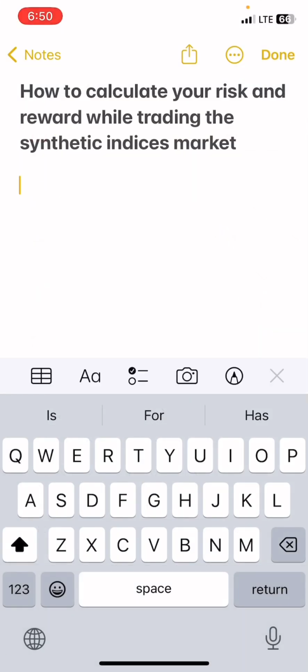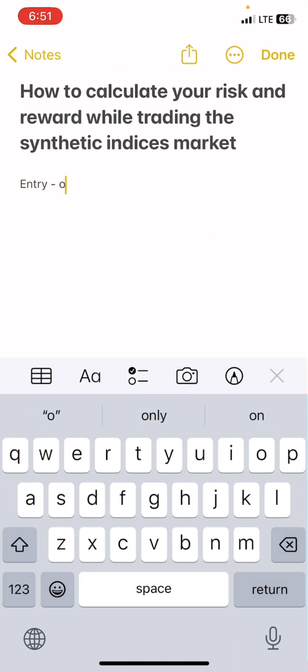There's a formula we use in calculating our risk in the synthetic indices market. This formula would help us know our risk in a trade, how much you're willing to risk in a trade, and our targets. Some of you are new to the synthetic indices market. Some of you have been trading the forex market. The way we count pips in the forex market is not the same way we count in the synthetic indices market. So how do we know how much you're willing to risk in a trade, the value in dollars or any currency you're trading? There's a formula we use in calculating our risk and our reward in the synthetic indices market, which is our entry level